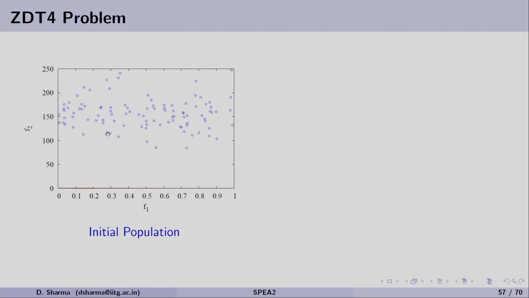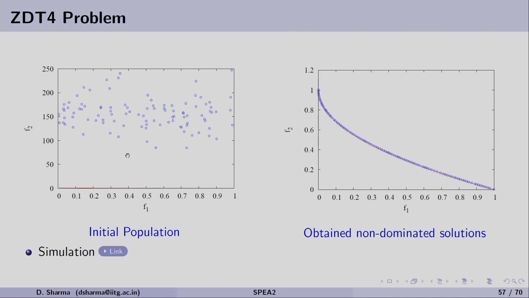The initial population for ZDT4 can be seen starting with F2 around 250 to 100, and F1 is always in the range of 0 to 1. After running this particular algorithm for many generations, we can see that the solutions are well converged to the Pareto front.